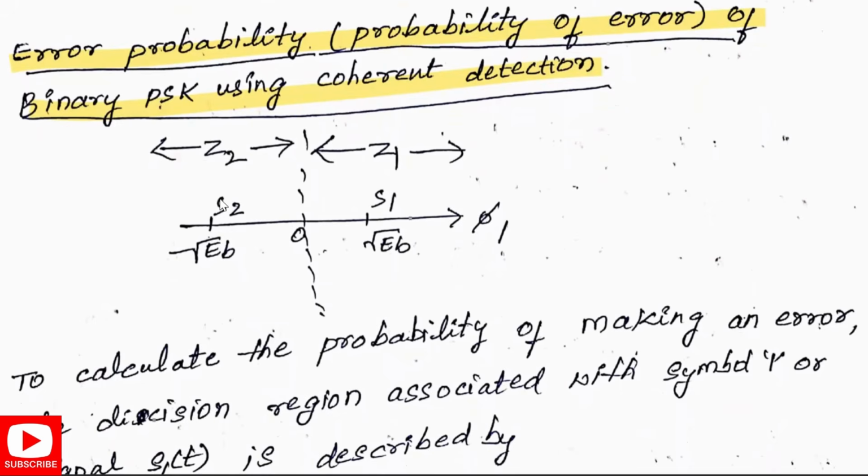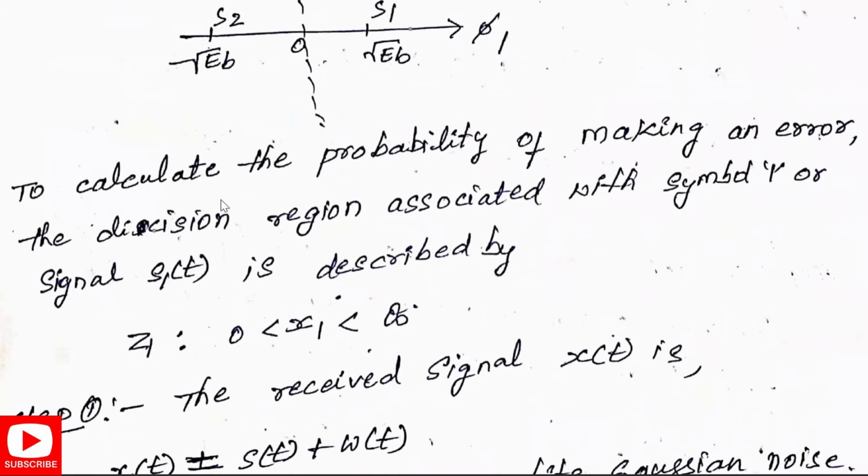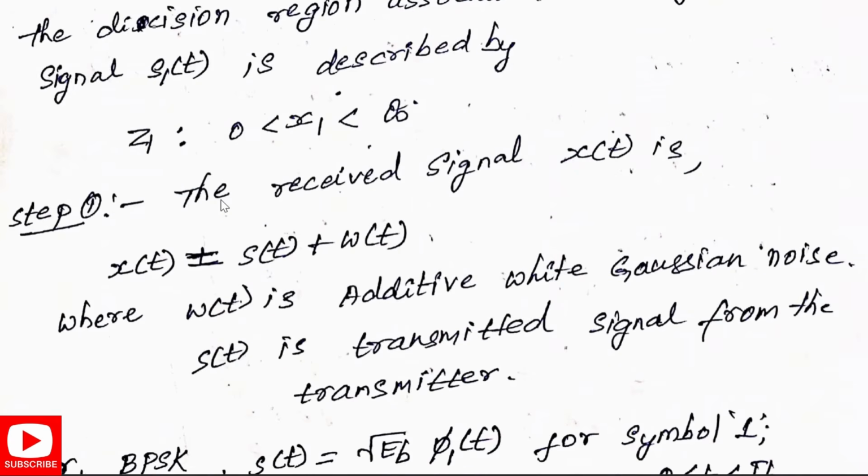To calculate the probability of making an error, the decision region is associated with the error symbol 1, or signal S1 of t. It is described as Z1 for the positive part, so x1 lies between 0 and infinity. Step 1: the received signal x of t will be x of t is equal to s of t plus